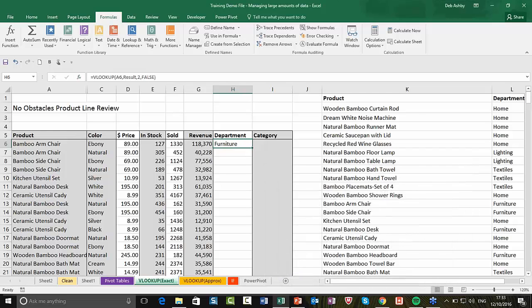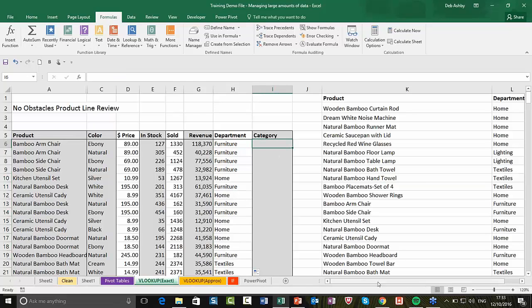I'm going to click on OK, and it's pulled back the department, and I can then use my autofill handle to double click and fill down. And we could do the same with category, and we can do it very quickly because